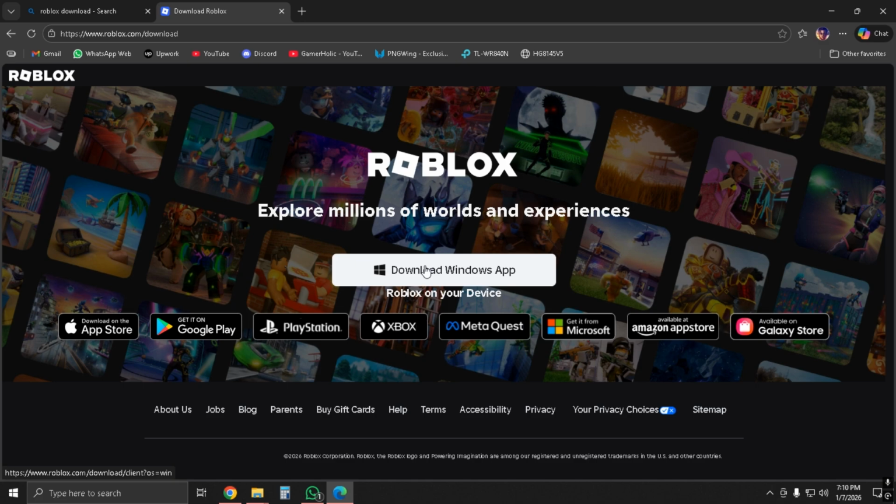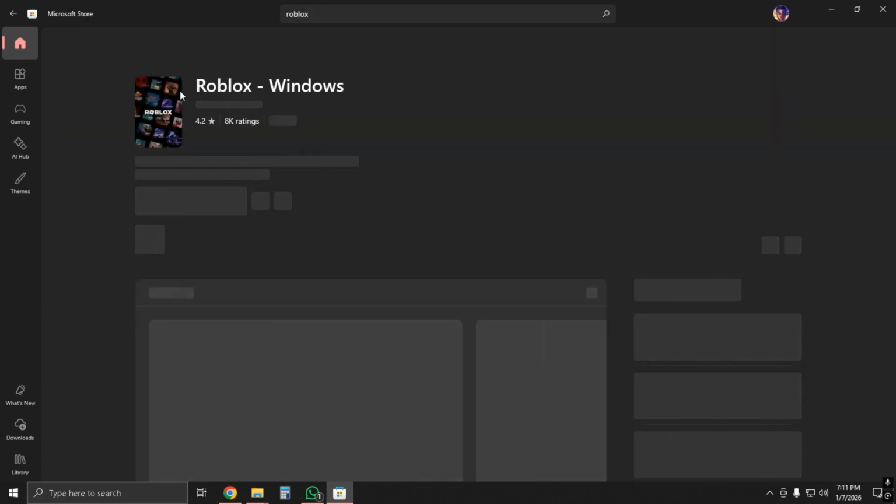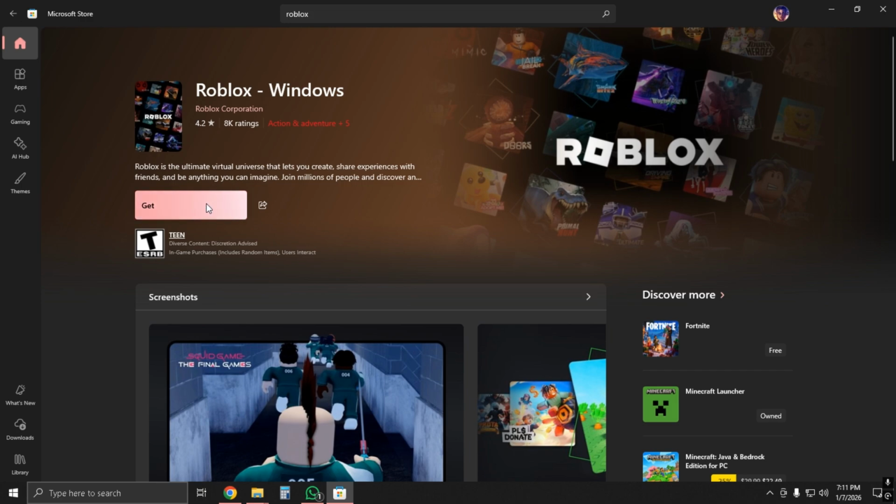To get Microsoft version, just go to Microsoft Store, search for Roblox. As you can see, this says Roblox Windows. Just click on get. Once you do this, you will get Roblox Microsoft version. Then you just have to log in your other Roblox ID which you want to play with your main Roblox